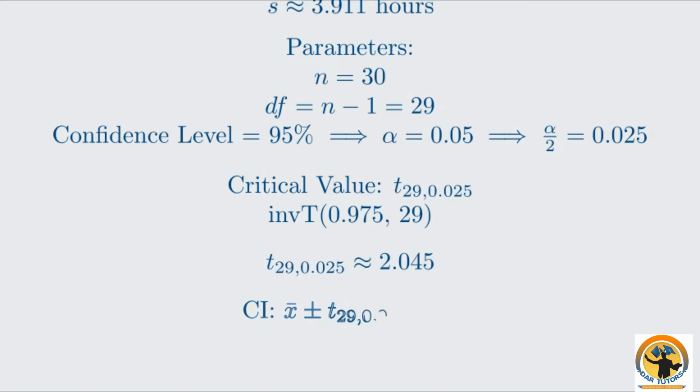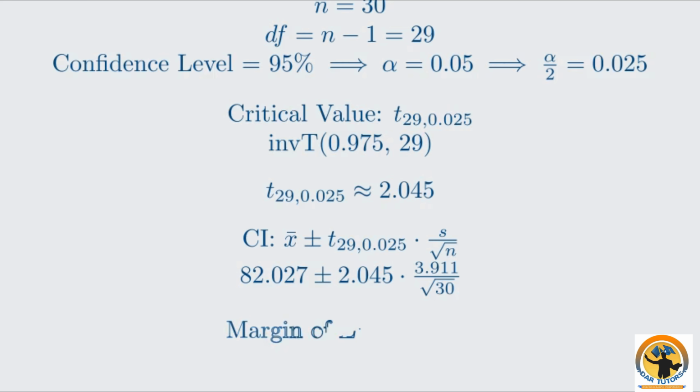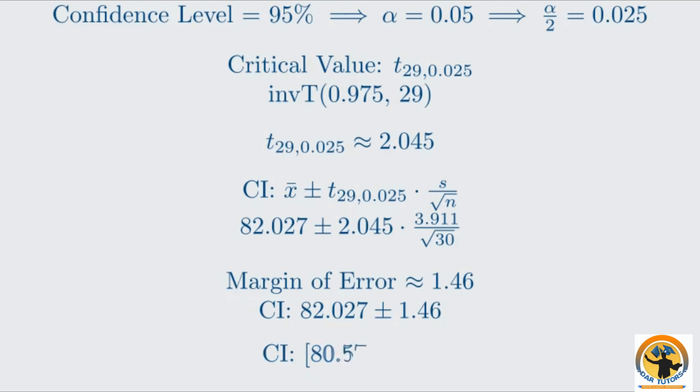We plug our values into the formula. This gives us 82.027 plus or minus 2.045 times the quantity 3.911 divided by the square root of 30. Calculating the margin of error gives approximately 1.46. So our interval is 82.027 plus or minus 1.46. This gives a 95% confidence interval for the mean lifetime of torch globes of 80.57 hours to 83.49 hours. This means we are 95% confident that the true average lifetime of all torch globes is somewhere between 80.57 and